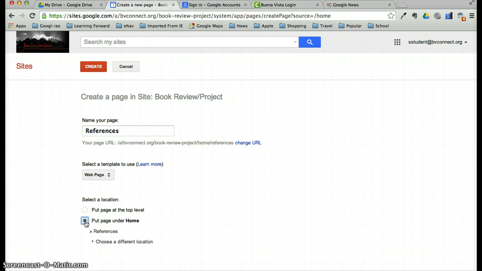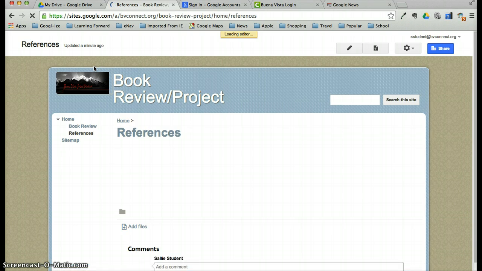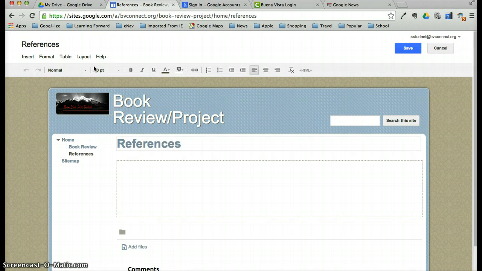I also want this one under Home, and I'll say create that page. So now we're going to have a total of 3 pages: Home, Book Review, and References. You're going to probably have a few other pages, but this is just for you to see how to add these. You can see how my default layout has my home page at the top level, a book review, and